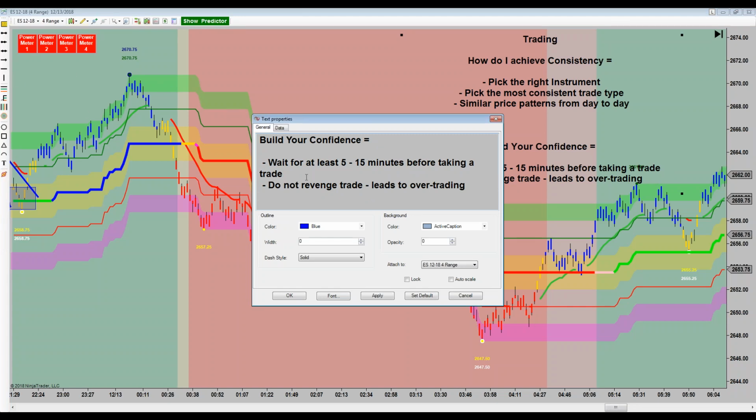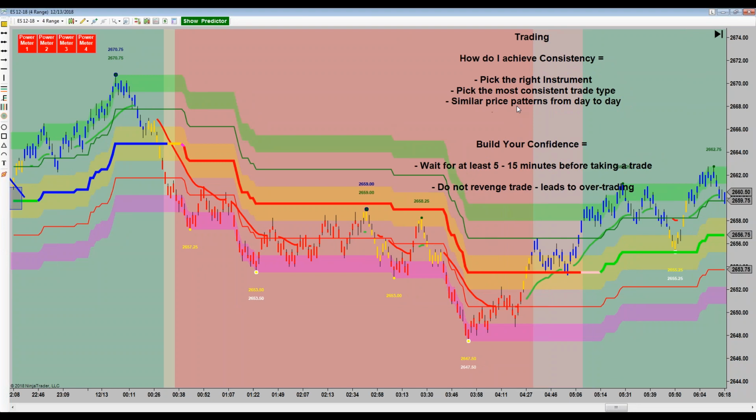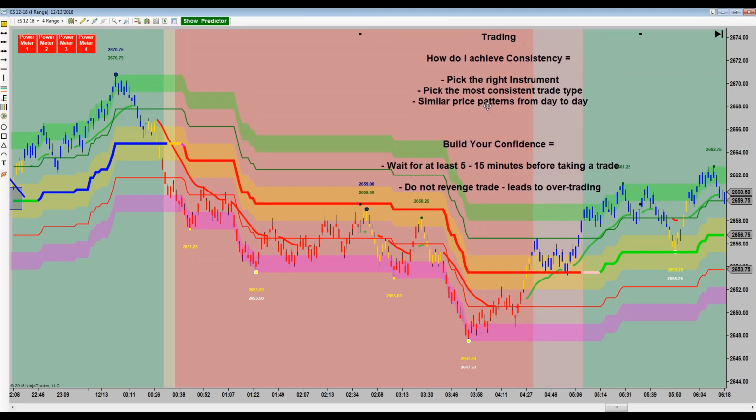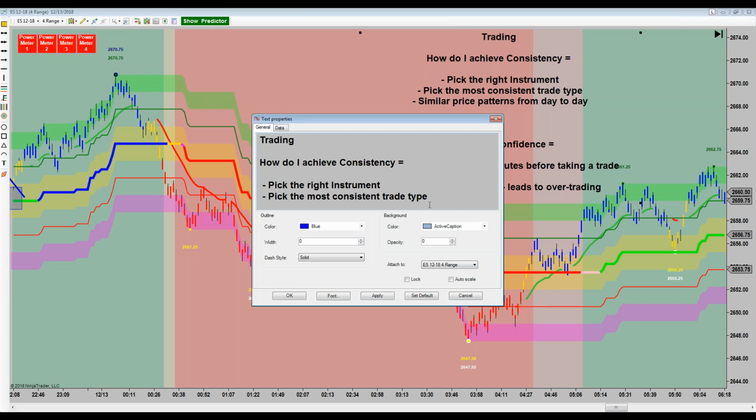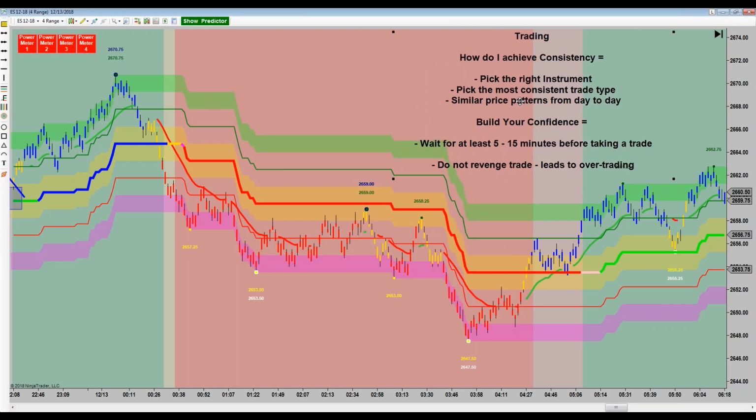Let's see what I want to do here. You want to try to remain as calm as possible and try to get an even keel to your emotions. I mean, it's easy to let emotions take over when you have money involved, right? You see your money going up, you see your money going down, maybe it's your own account, maybe you're in a combine, and all these things are kind of going back and forth, and you want to make money, and you see it's so elusive, it's right in front of you to do it. And so you need a plan, and this is part of the overall plan to do that. Consistency leading to building your confidence to take the trades.